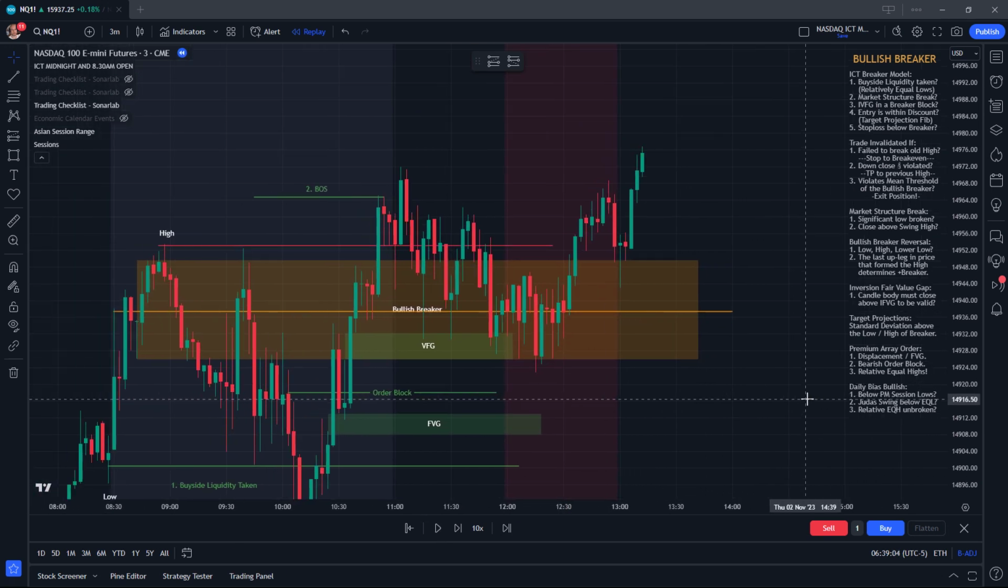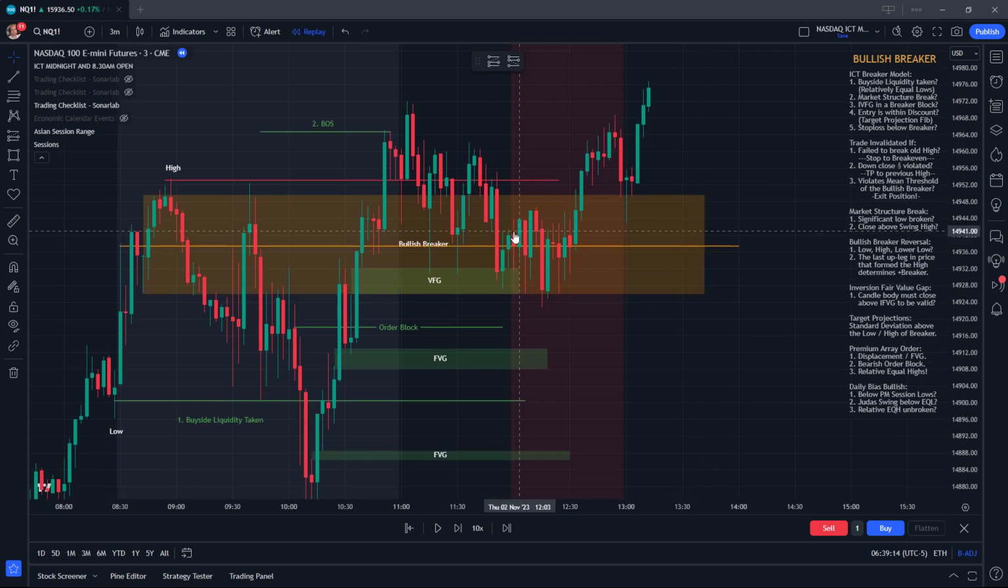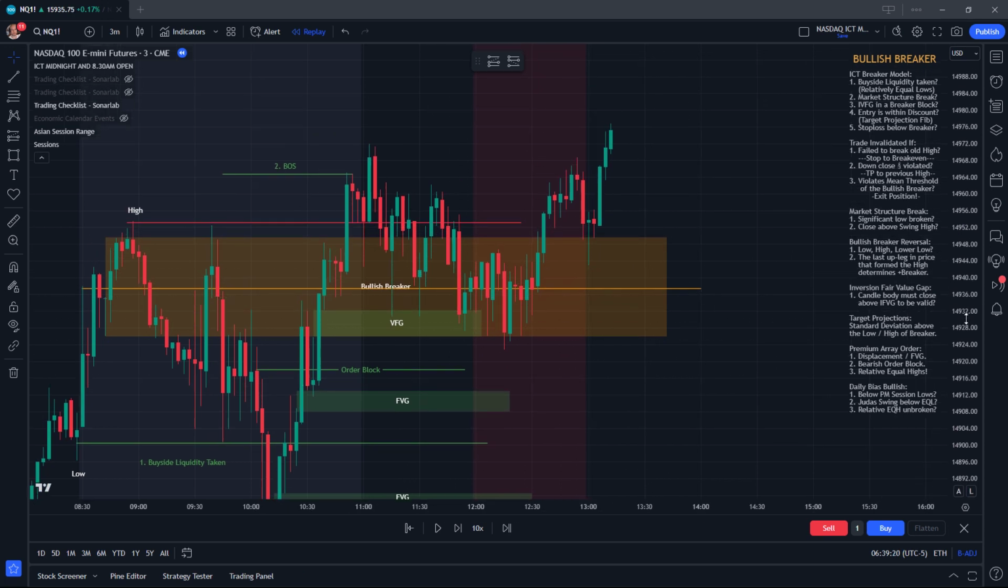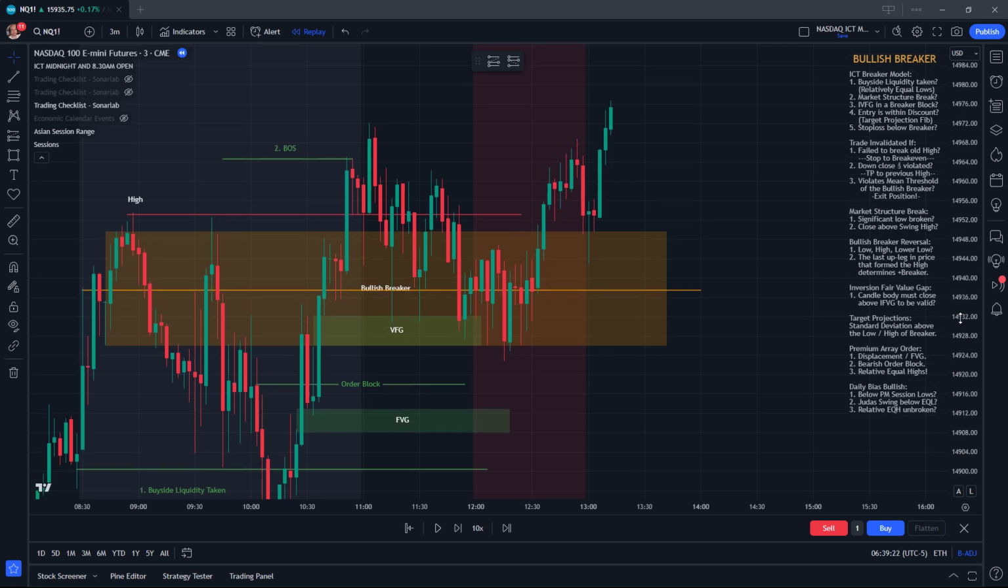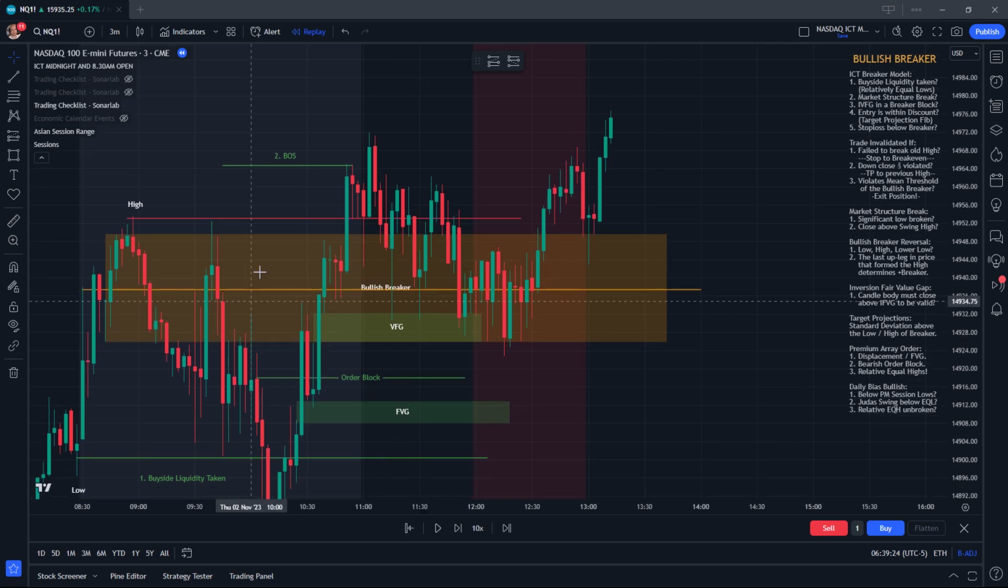Okay, so price doesn't actually do that. We actually moved into the lunch session here, and between the AM and PM session, there's usually less liquidity, less price delivery. So the mean threshold of this breaker is definitely being violated,